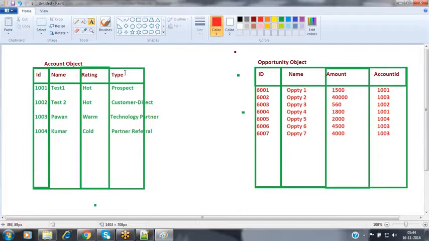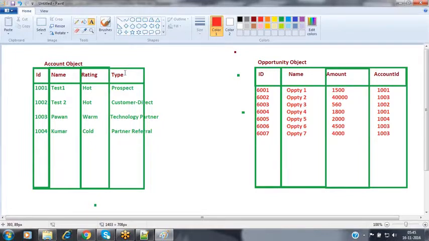Yesterday he visited our organization and purchased some 2000 rupees items. Today morning he visited and purchased some 1000 rupees items. Just now, half an hour back, he also visited and purchased a 500 rupees item. What happened is that he has given us multiple opportunities to generate revenue from this customer by selling our products. So what I want to know is, as of now, how many times he has visited, and how much revenue we have generated from the customer.